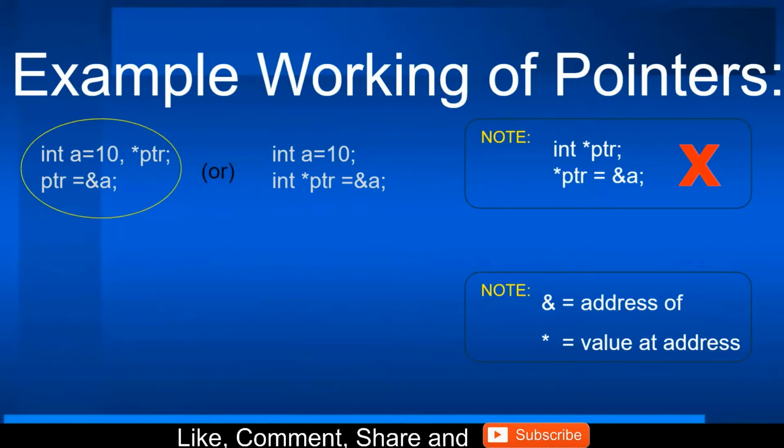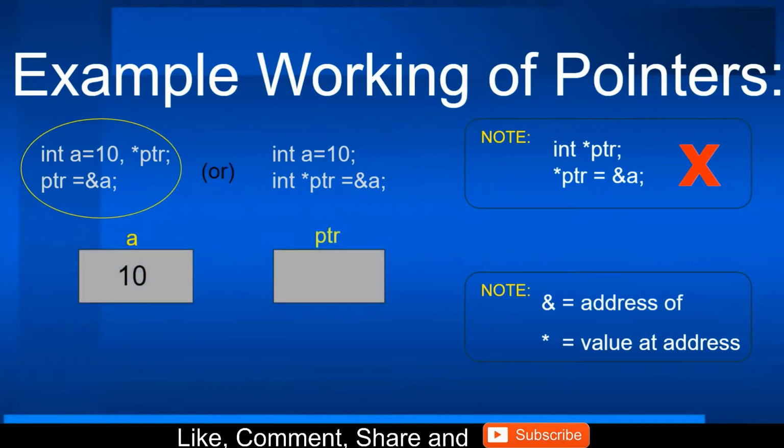Now let us look into the highlighted example. The first line tells that variable A and pointer variable PTR are declared and value 10 is stored at variable A. Let's consider the address location of variable A in memory is 2000 and the address location of pointer variable PTR in memory is 4002.